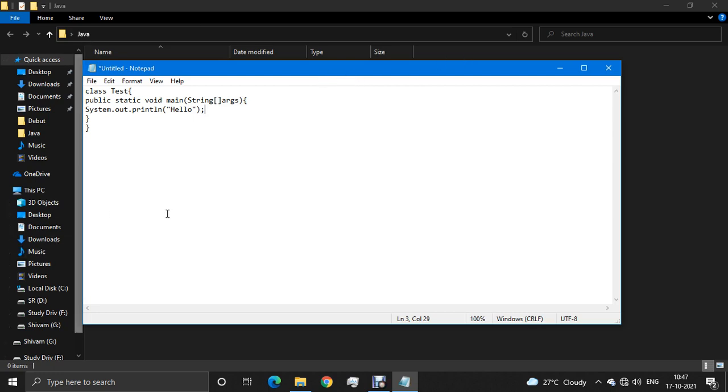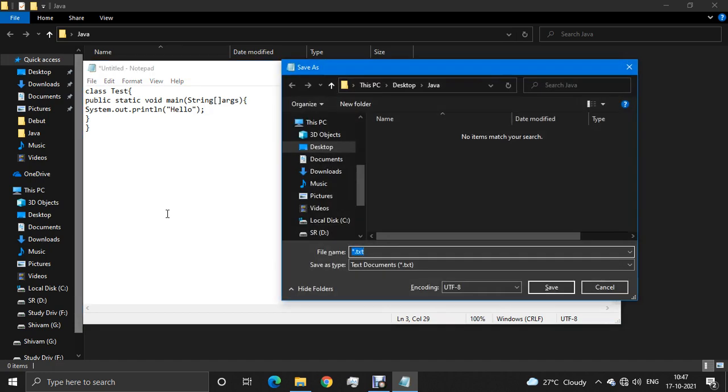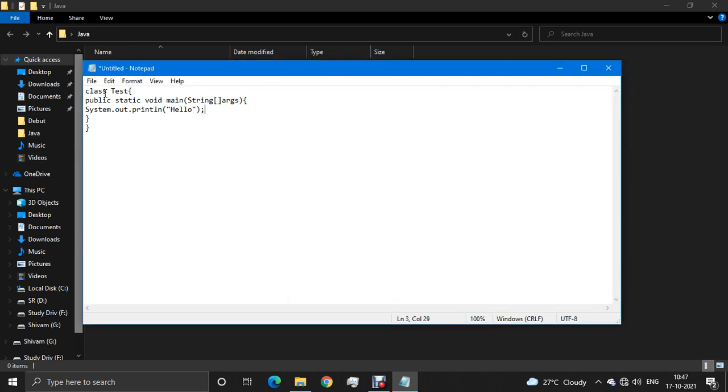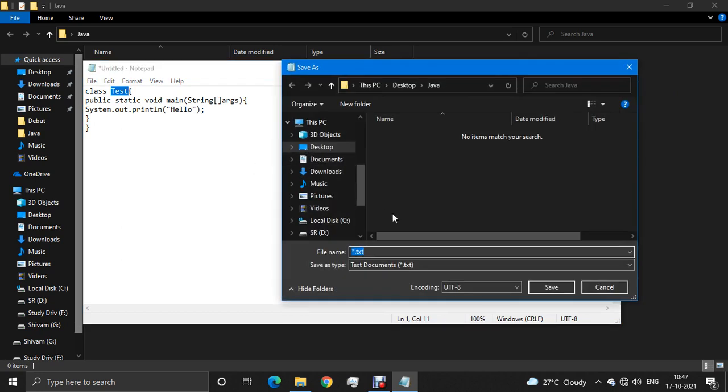Now watch carefully, guys. If you are a beginner, maybe some of you know how to save and how to write cd dot dot to travel to the directory where you saved the Java file, but I'm going to tell you a shortcut. So this is the class Test. This is not the shortcut, I'm teaching you the basics. Let me save it as Test.java.